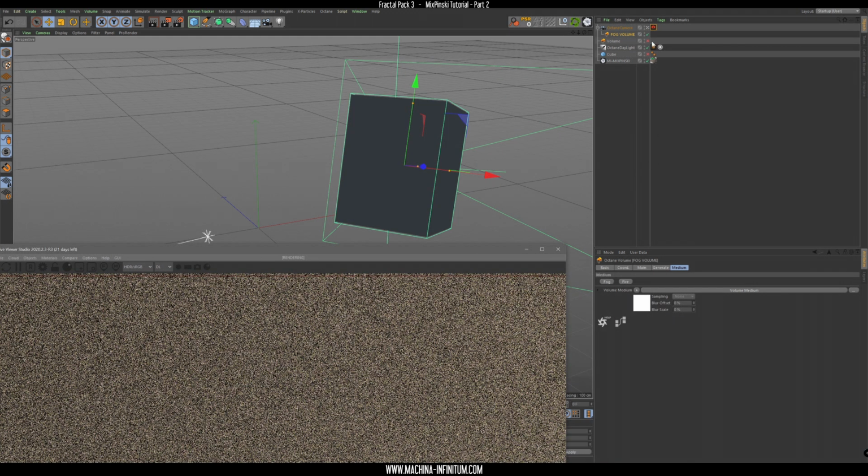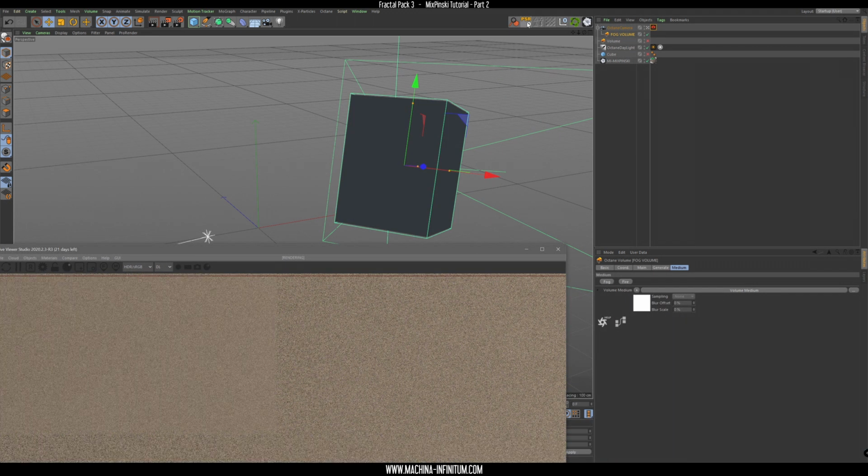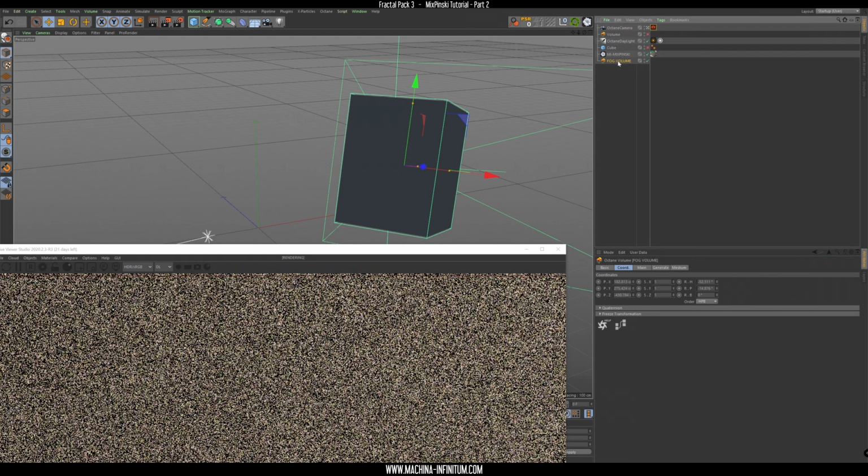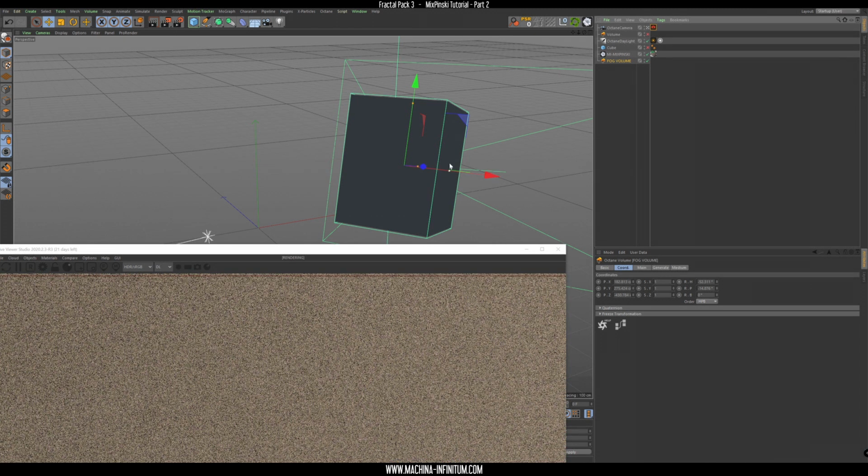This means you can do that manually if you don't have the button here. You can just set everything to 0 here, so the volume will have the same coordinate and rotation of the camera, and we can just drop that